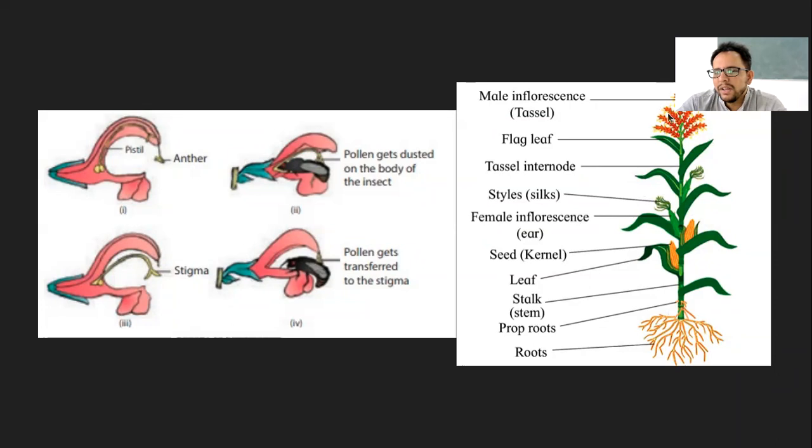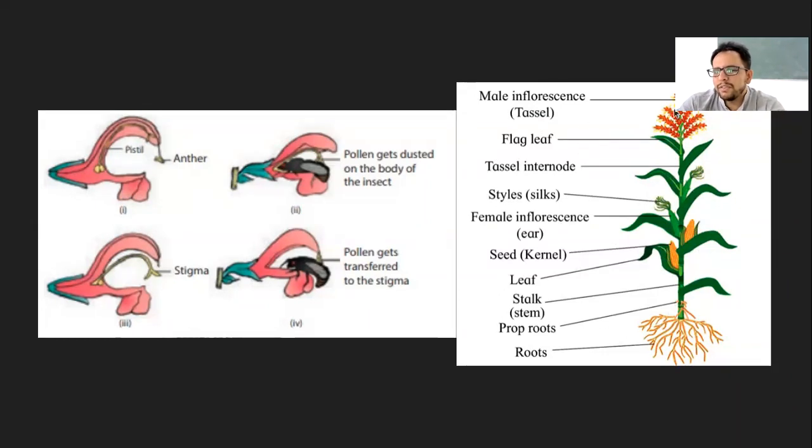what you see in this is the maize plant. On the top, that inflorescence is the male, which is called the tassel, but you need not remember that. This is the anther part. These are the style, stigma, and ovary part. Whatever you get as a cob is actually the fruit, or what we call the female reproductive structure, which is growing into the fruit. Now, when these anthers fall onto the stigma of another flower, of course, it will be cross pollination due to the wind. That is what is being said here. Now, you need not remember all these names.